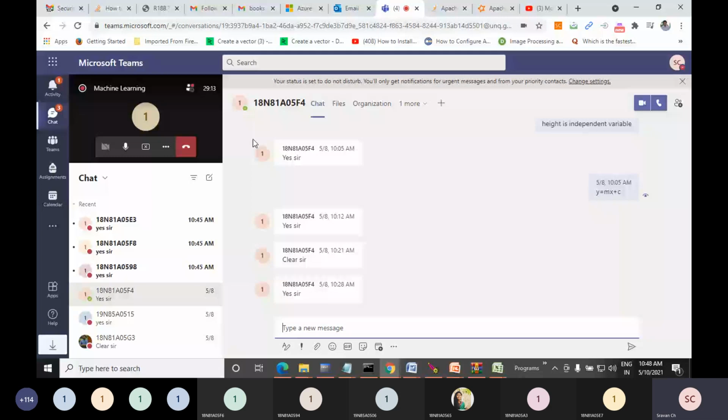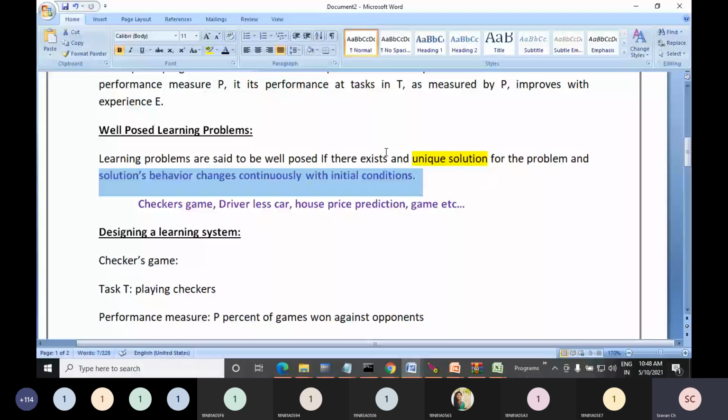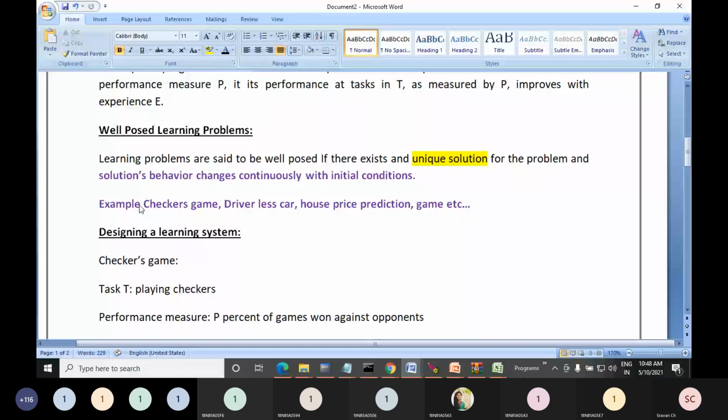So a well posed problem means a problem which has a unique solution, and the solution will change its behavior continuously with the initial conditions. What the initial conditions are, we will see. We will come back. Now let us see examples of well posed problems, because this is your first topic in the syllabus. We can expect this question in your exam also. Examples of well posed problems: